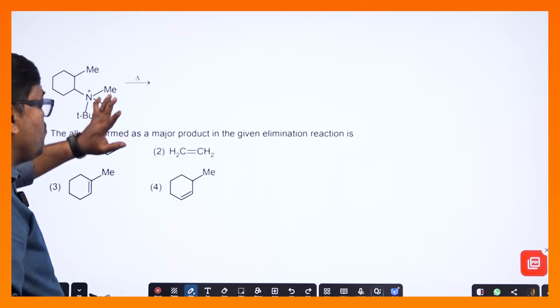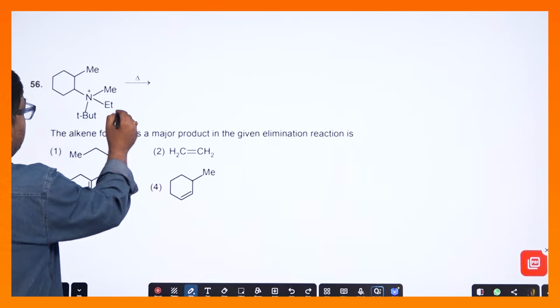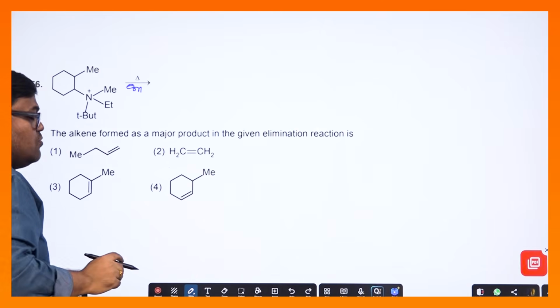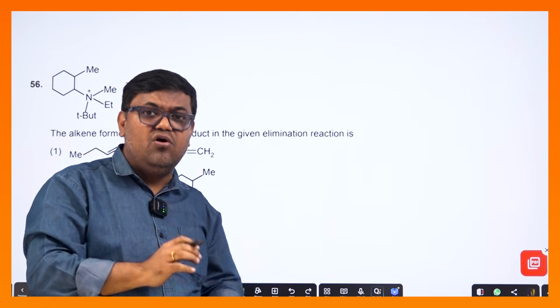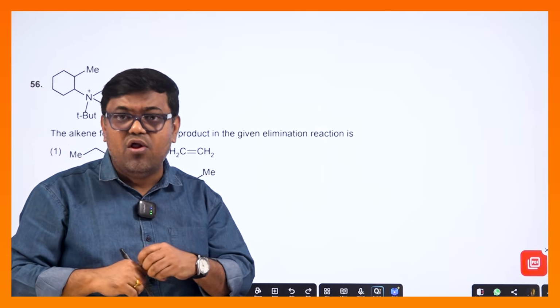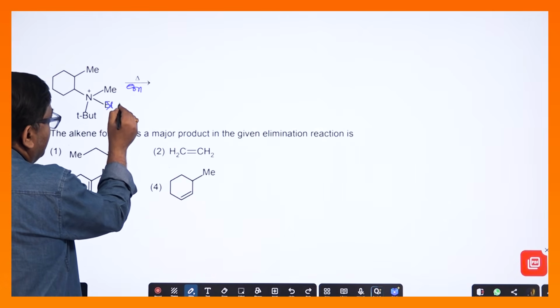নেক্সট কোশ্চেনে যাচ্ছি। কোশ্চেনটা ভালো কোশ্চেন, দেখো এই ধরনের কোশ্চেন যে একটা কোয়াটারনারি অ্যামিন দিয়েছে, তাকে হিট করেছে, বলেছে তার কি প্রোডাক্ট হবে। তাহলে এখানে একটা বেসিক মিডিয়াম দিয়ে আমি হিট করতে হবে, ওইচ মিডিয়াম যখন হিট করলাম, তখন দেখো আমি সব থেকে কি করবো? লিস্ট সাবস্টিটিউটেড অ্যালকিনটা তৈরি করব, মানে হফম্যান প্রোডাক্ট তৈরি করব, কিন্তু কোন হাইড্রোজেনটাকে ট্র্যাপ করব? যেটা কিনা মোর অ্যাসিডিক বিটা হাইড্রোজেন আছে।